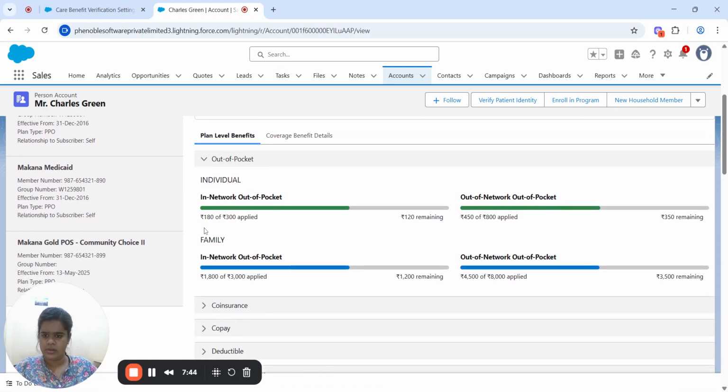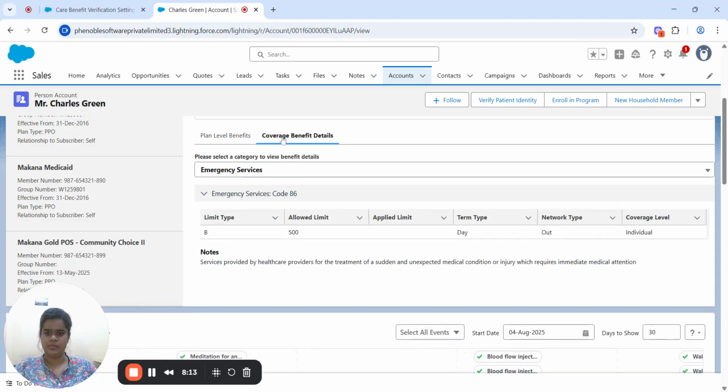You can see here 183 of 300 applied. For this, in network out of pocket, out of network out of pocket, and for family, we can see all of the information in one place. What benefits or what insurance the patient has, we can see here, right?